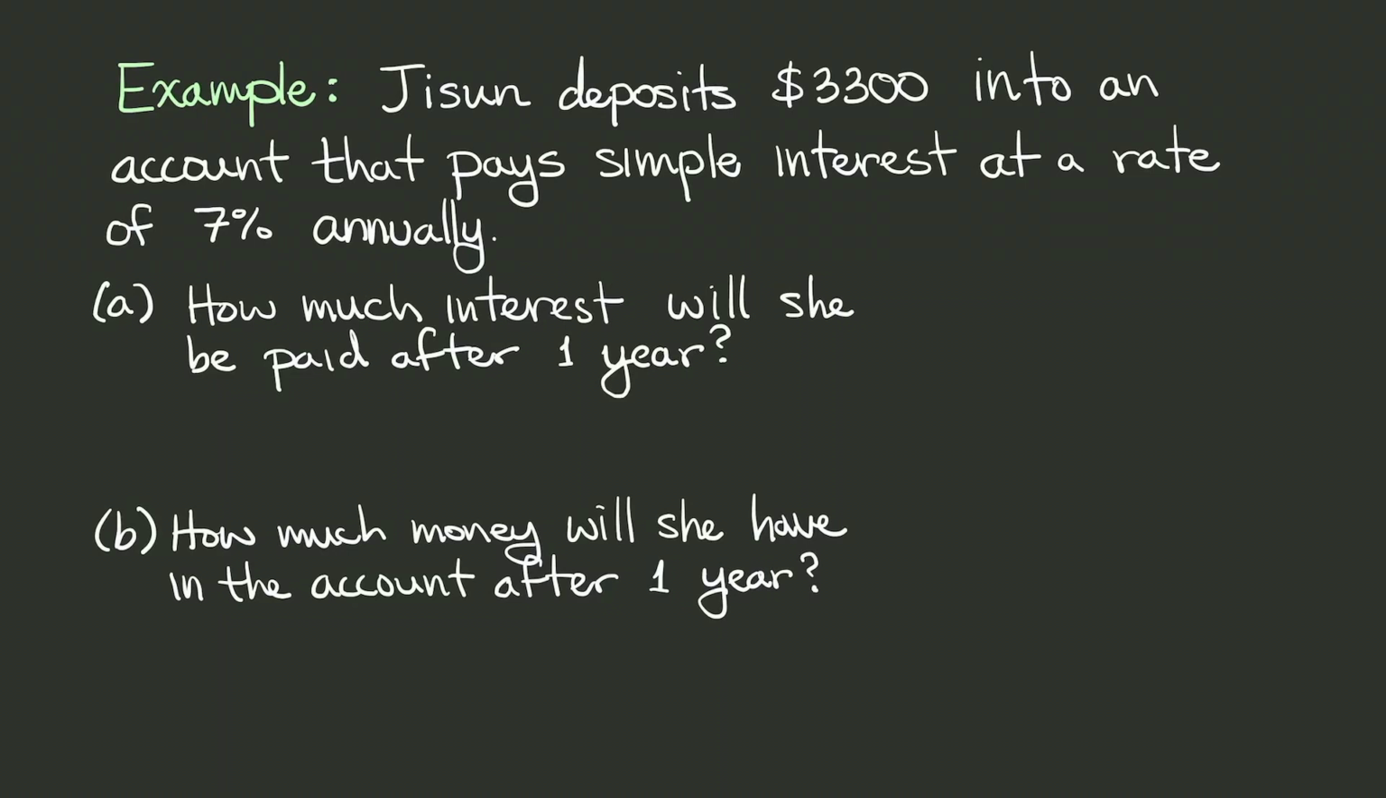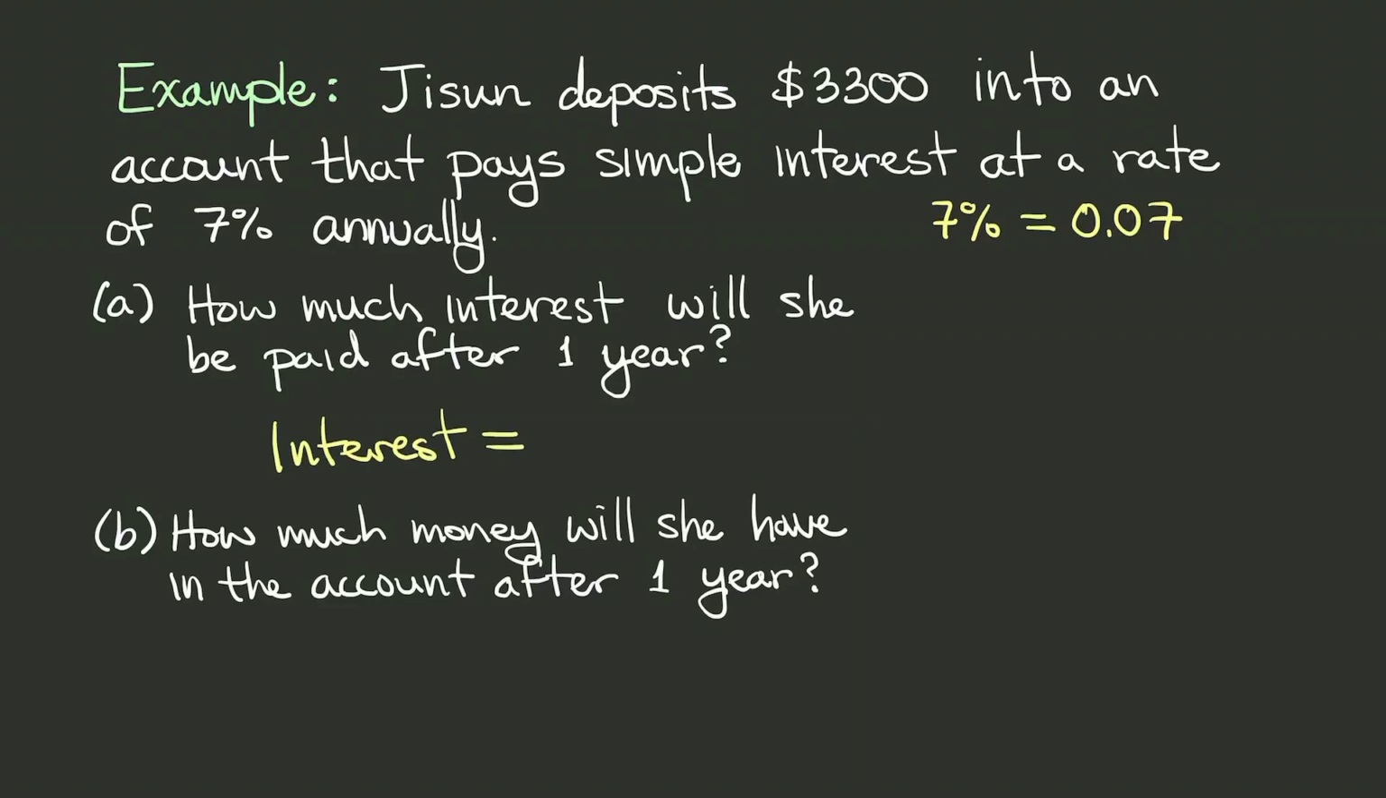It tells us that G's son deposits $3,300 into an account that pays simple interest at a rate of 7% annually. Okay, well, we know that 7% written as a decimal would be 0.07. And then it asks us, how much interest will she be paid after 1 year? The interest